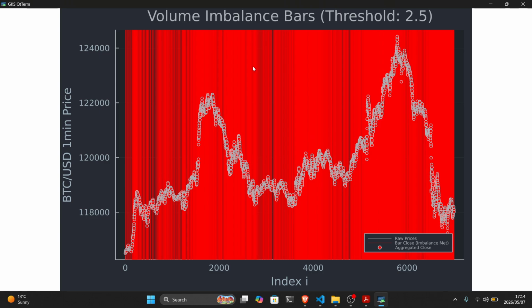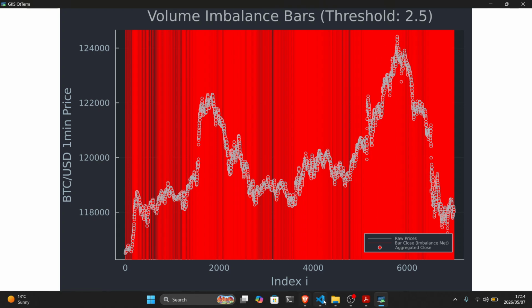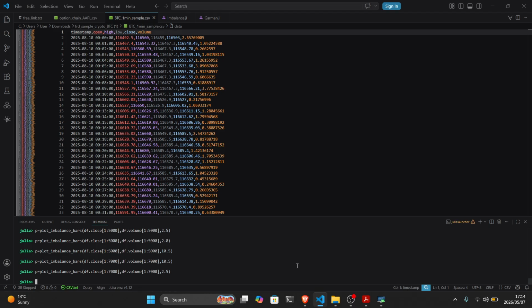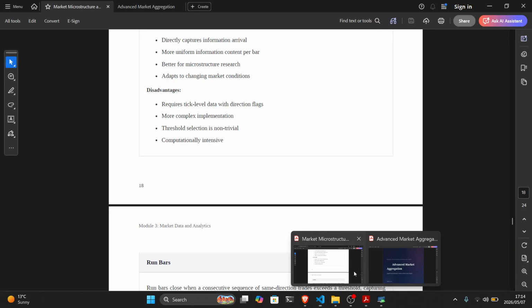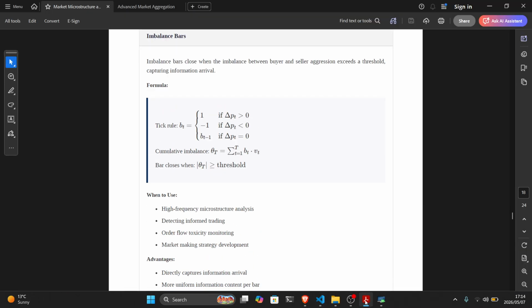2.5 still allows for structure. You can see the periods of no imbalance being met and periods of imbalance being met. It's very beautiful. Now that's about it for the imbalance bar. Let's get into